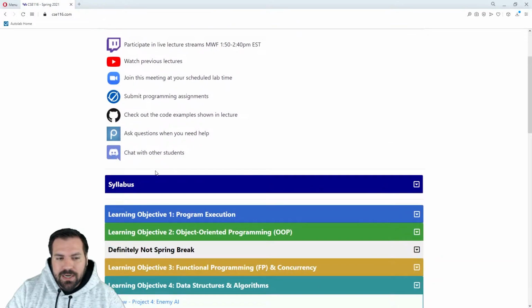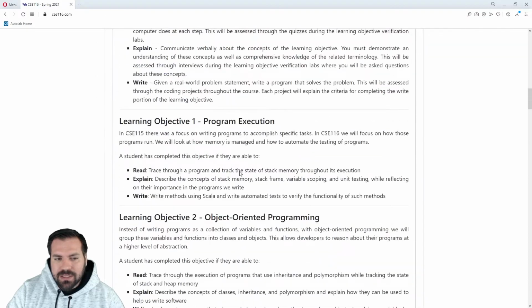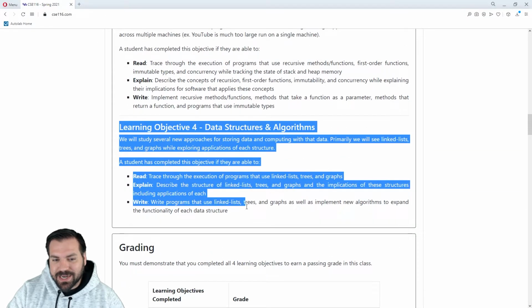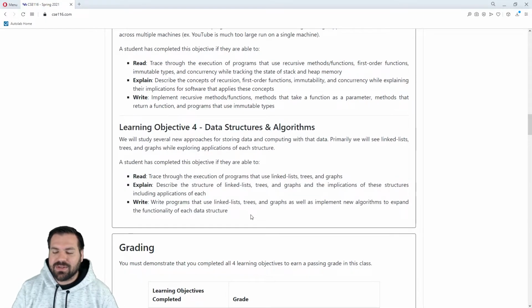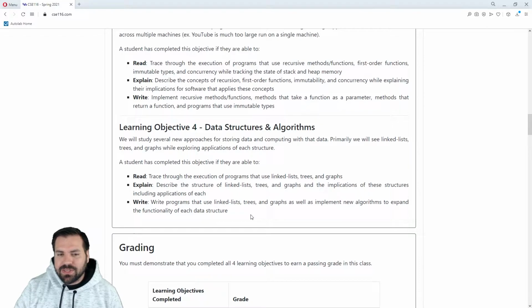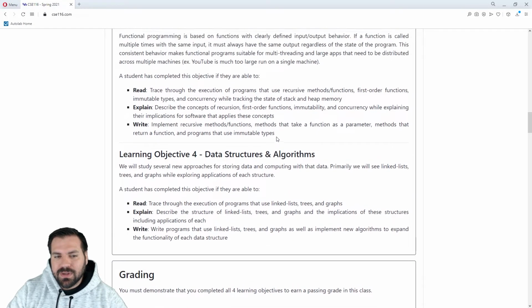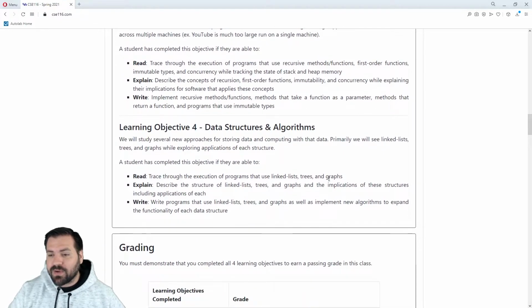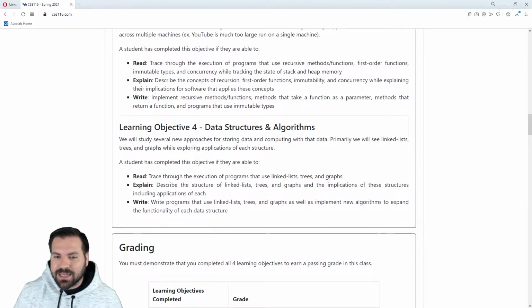Since we are starting a new learning objective, the last learning objective, we're getting down to it. Let's go back to our syllabus one more time and introduce this thing. For this learning objective, there are no restrictions. You can use var, you can use val, you can use conditionals. Everything's on the table. You can use whatever you want to get the job done. For this, no more restrictions.